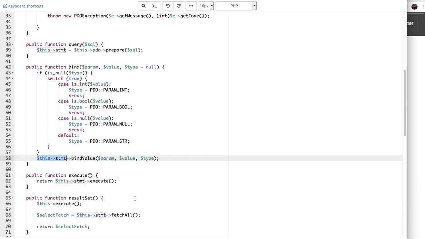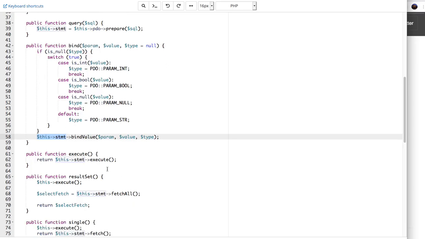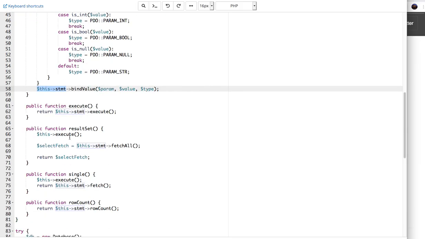It's basically the same thing. And then you have your execution. You have your public function result sets, which executes and fetches everything. Remember I told you all like this. It fetches everything, puts it in an array, returns that array, and you're gonna need this because you're gonna be